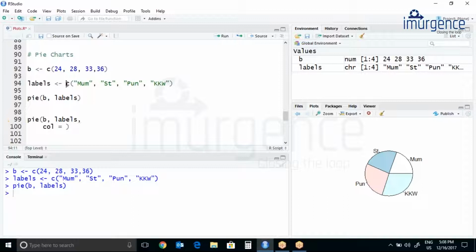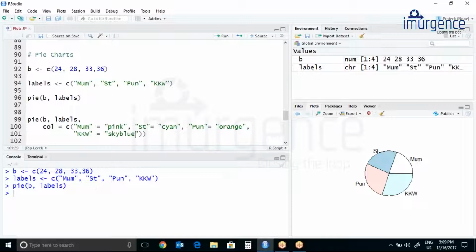So let's do this: color equals to, let me just copy this and then paste that. So let's make Mumbai equals to, let's add color pink, then let's add this as cyan, orange, and let's add one more color to this.